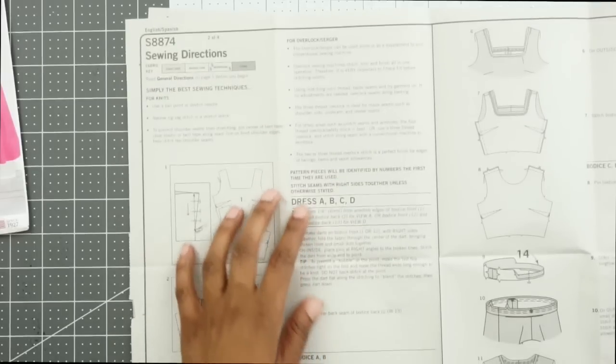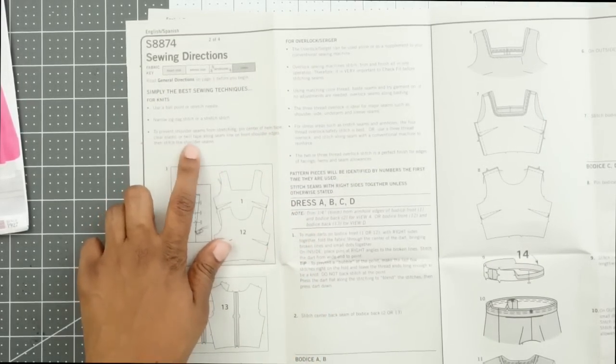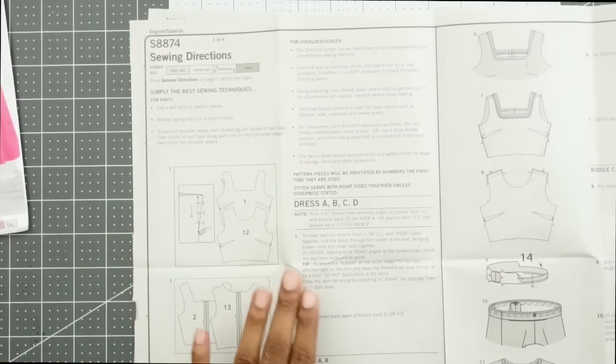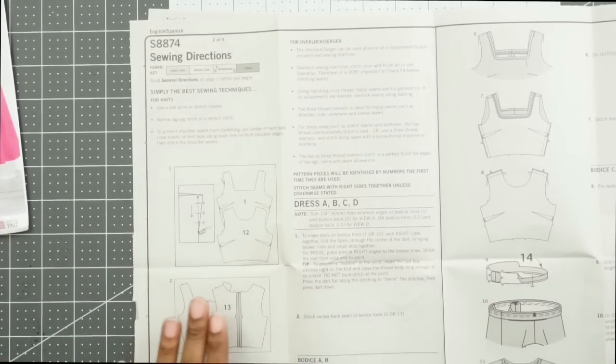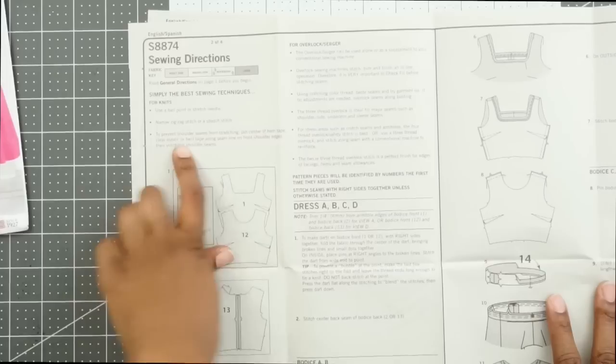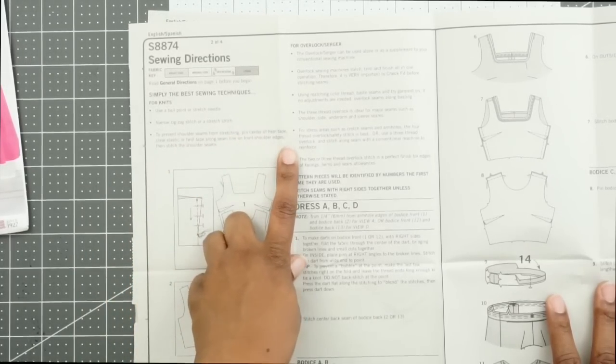I'm just kidding, but it says to pin center of hem tape, clear elastic or twill tape along seam line. Y'all, I'm so serious. I did not open up these instructions to see this before I said that, I promise. But pin center of hem tape, clear elastic or twill tape along the seam line on front shoulder edges, then